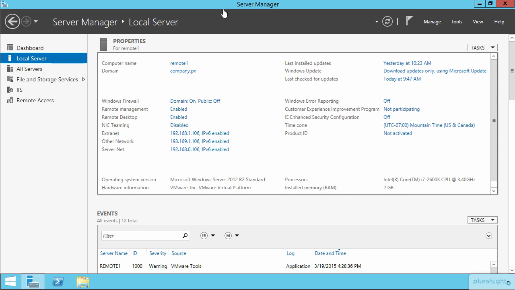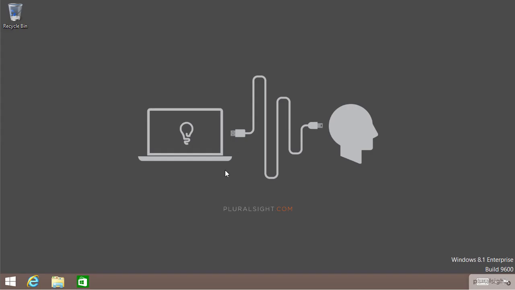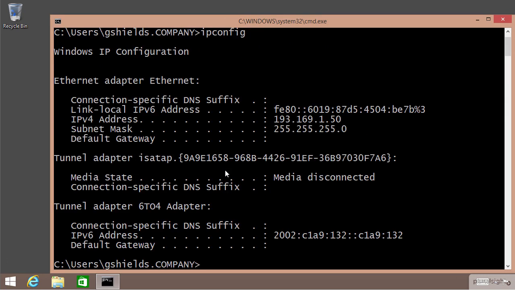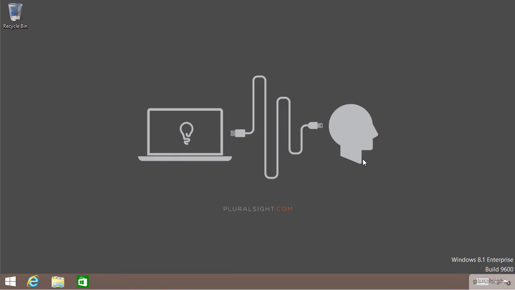If I flip back over here to the desktop computer that we were dealing with before, this desktop computer also has that 193.169 net address. And again, the only reason why we're doing this is to support that requirement on the part of direct access, that baked-in requirement for it to be a true public external address. I've given this machine 193.169.1.50. I have also for this machine, if you were paying exquisite attention, upgraded the machine here to Windows 8.1